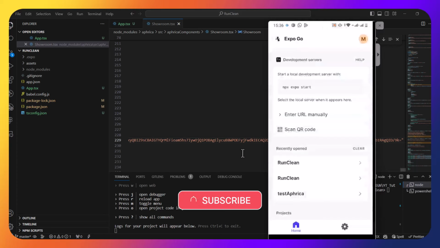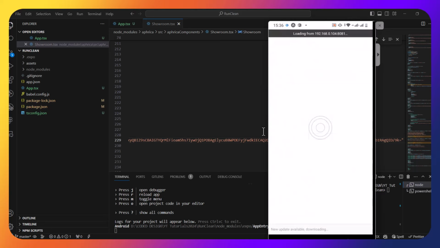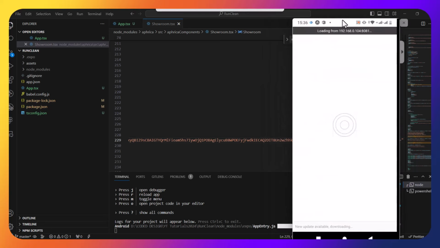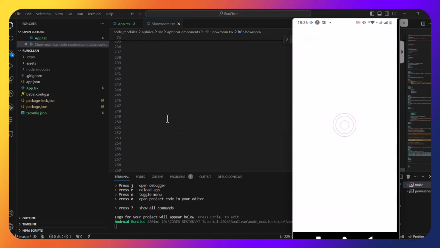I'm supposed to see something here. Let me run this, guys, and then you are going to see the image is going to be updated. And when it comes to the other interesting thing is